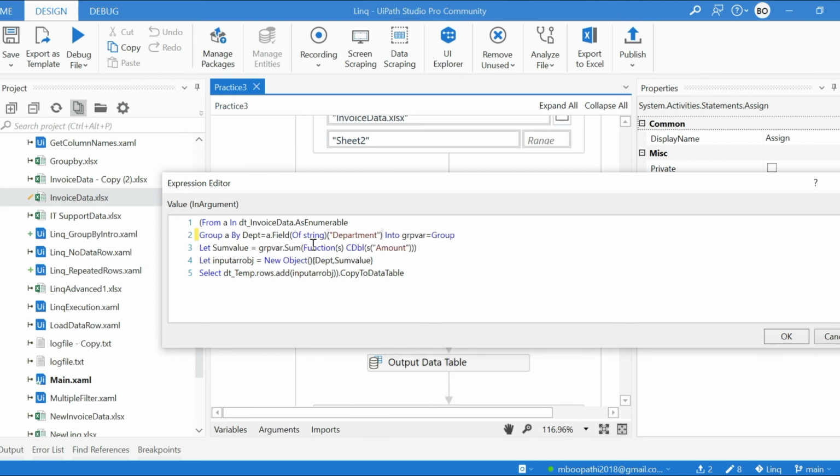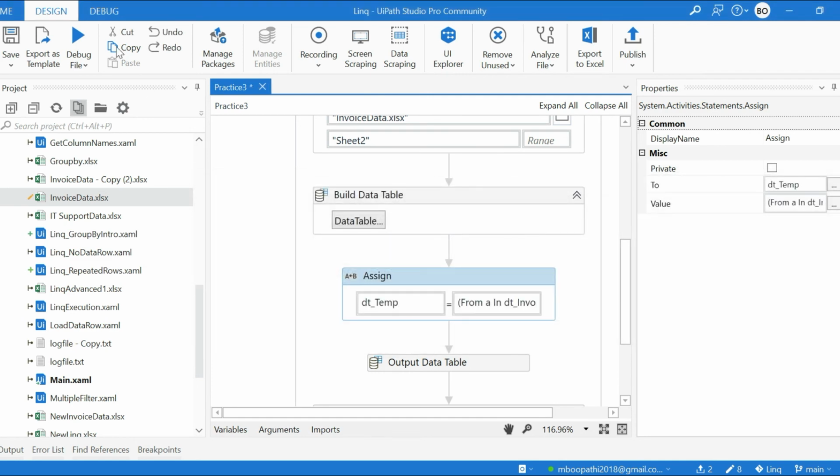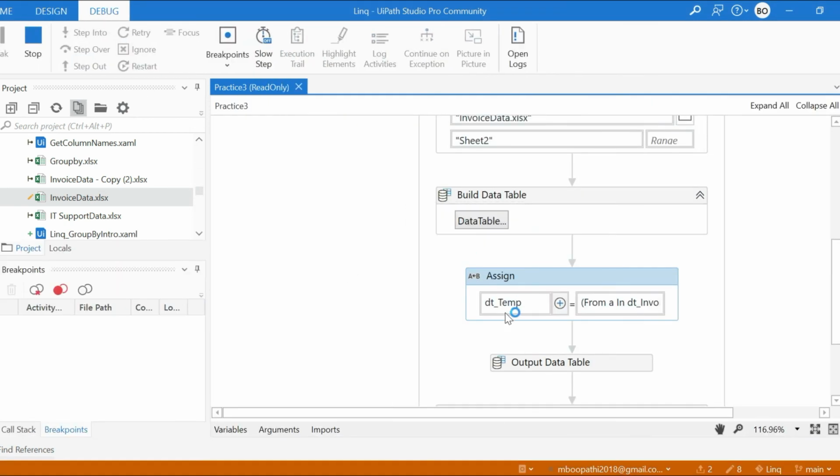Okay, still it will give the same result. Sometimes you can see the LINQ query written like this, or it will be written simply like a of department. It is the VB.NET query. If it is C#, then these extension methods and all will differ. I have explained that in the very first introduction video, LINQ in the context of UiPath. Now even if I run it, I will get the same result.